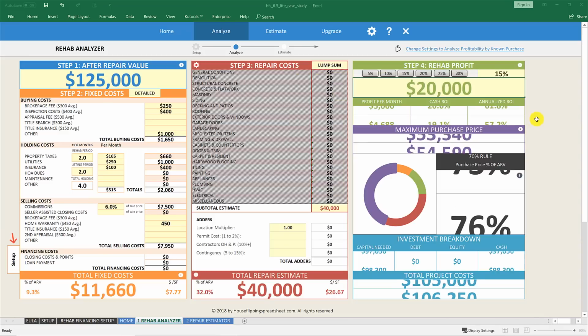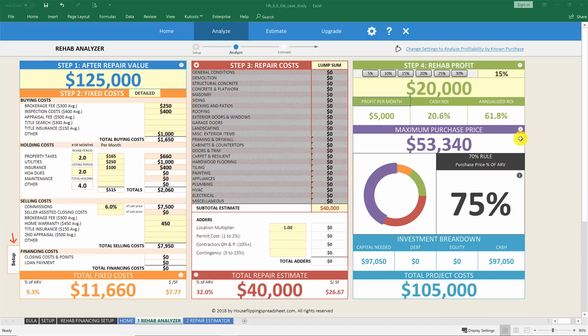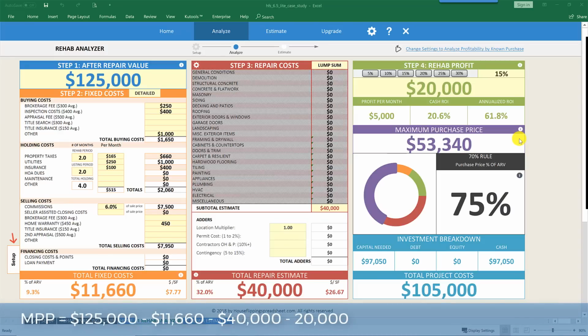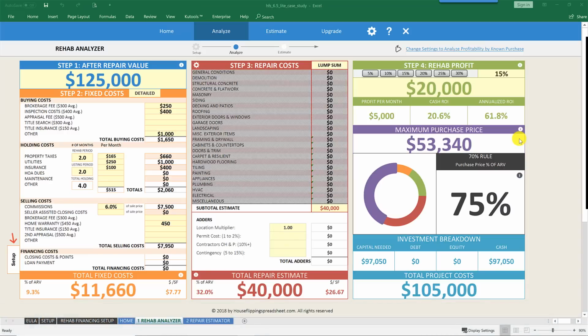Okay, so now that we've entered all of our project costs and our desired profit, the calculator calculates the recommended maximum purchase price by taking the after repair value of $125,000 and subtracting out our fixed costs of $11,660, our repair costs of $40,000, and our desired profit of $20,000 to calculate our maximum purchase price at $53,340, which is 75% of the after repair value. Now on this first deal, I believe we started negotiations at $52,000 and we ended up getting the property under contract for